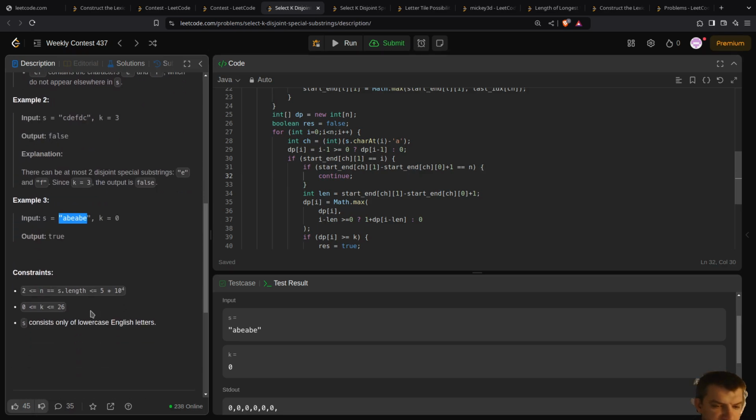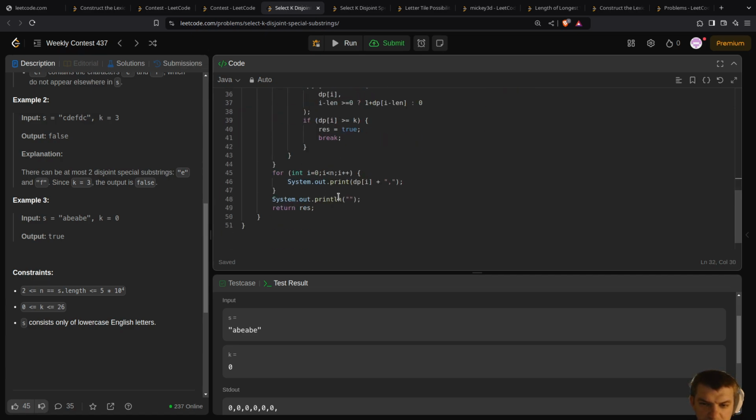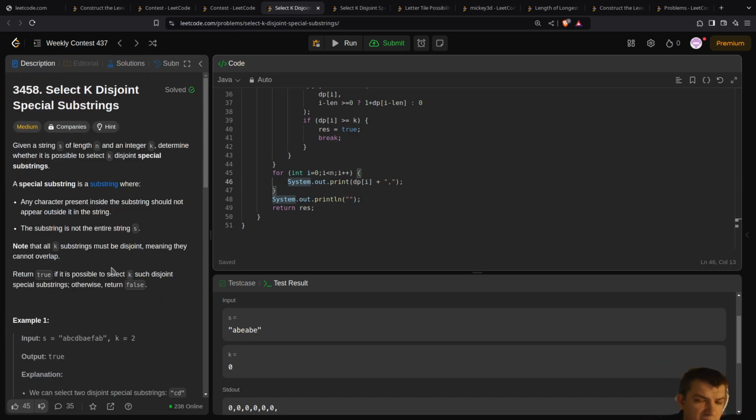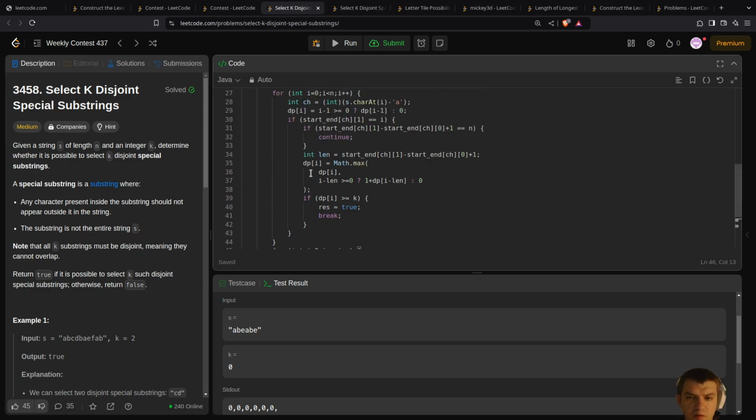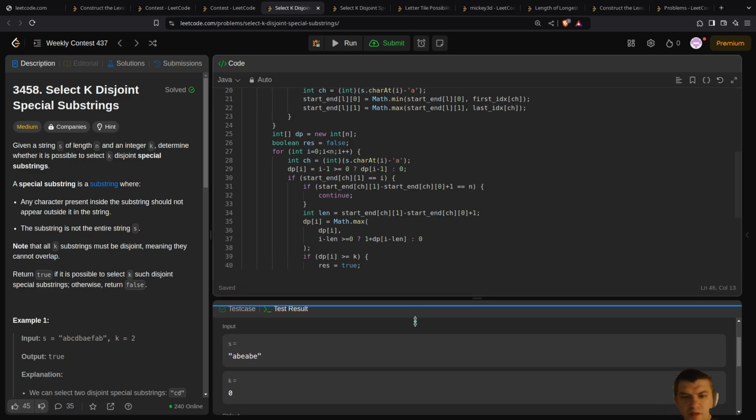So K is equal 0. So if I just... that seems like an edge case. If K is equal 0, it means that K disjoint special strings. So in this case, if K is equal 0,